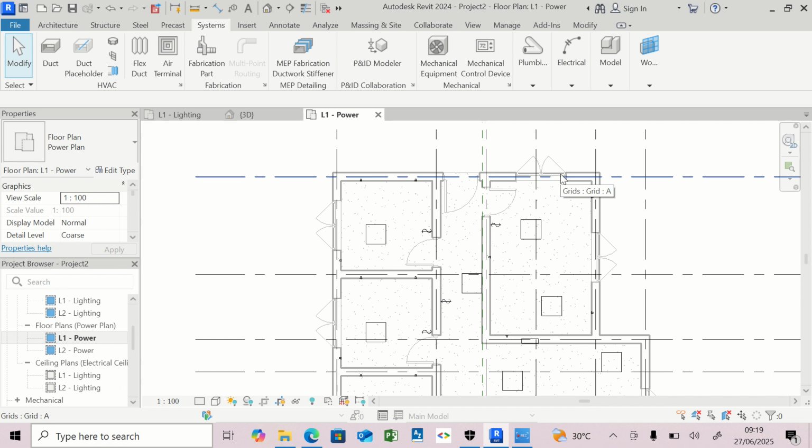In continuation of the office model we've been creating today, our main focus will be on how to create the conduit pipes that connect the electrical system to the DB. Alright, so